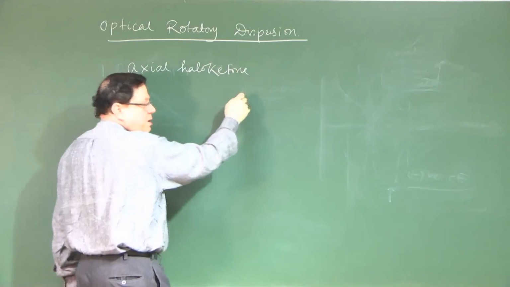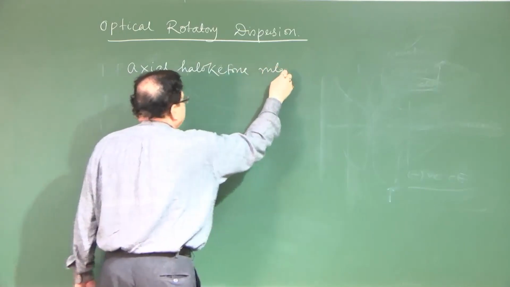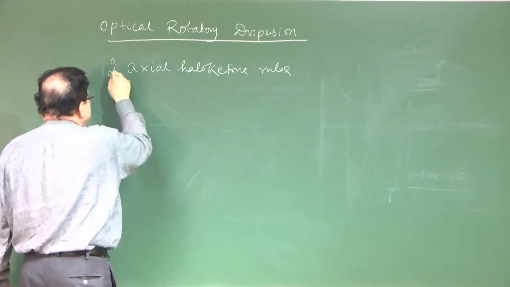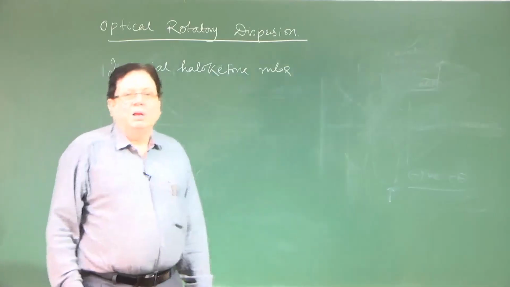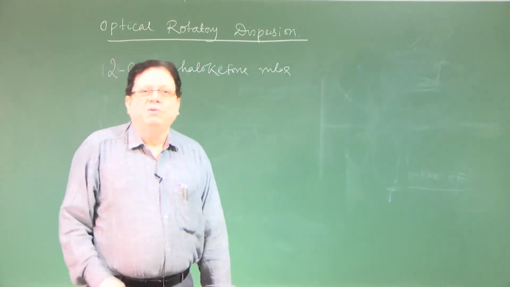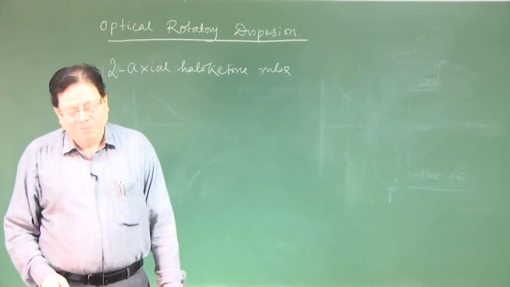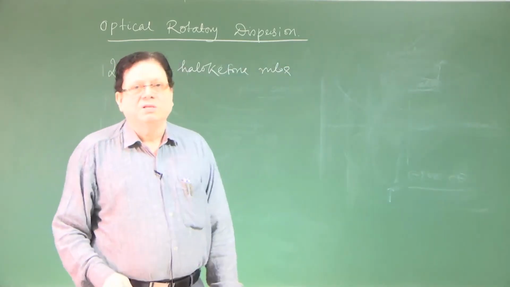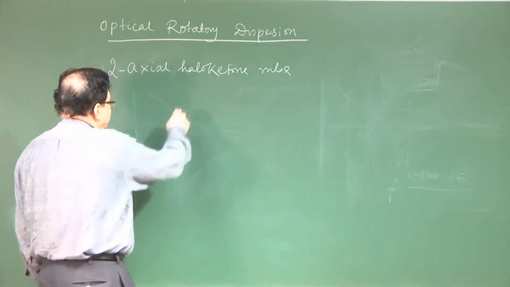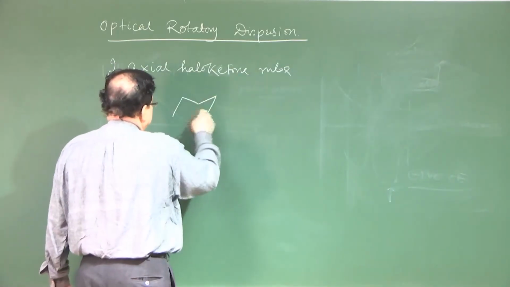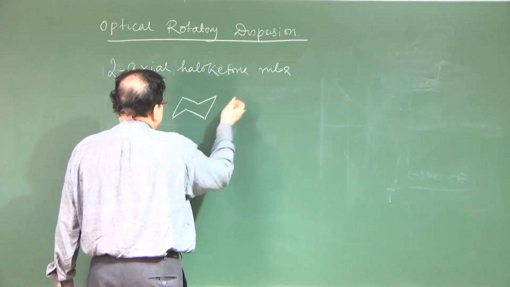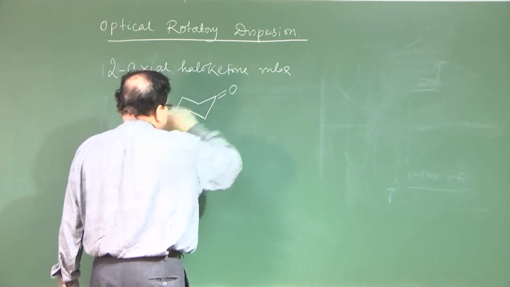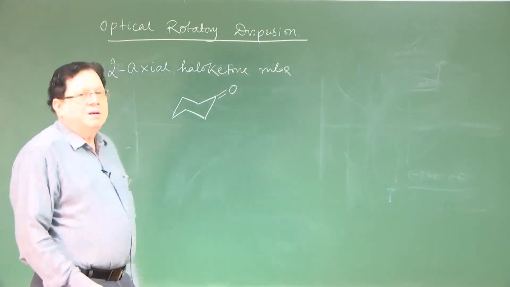Axial haloketone rule. To be specific, it is called the two-axial haloketone rule. Now, what it says is that if you have a cyclohexanone system, that means there is a carbonyl group somewhere in the molecule. Suppose here I put a carbonyl, and now if you